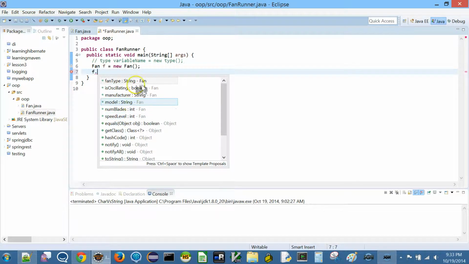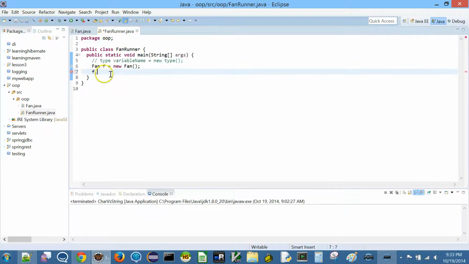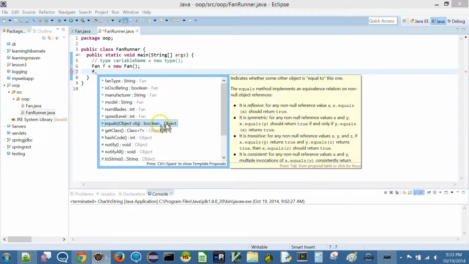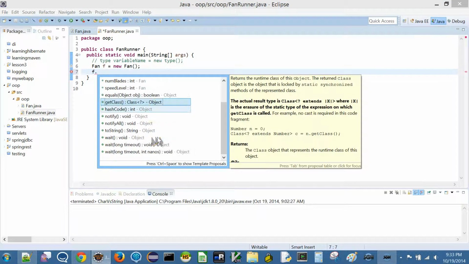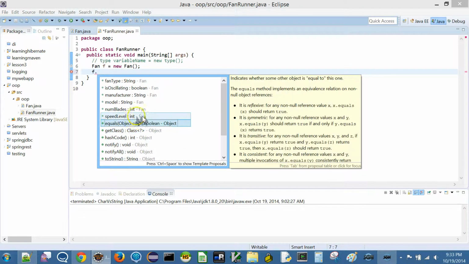These 6 things we have in our class, so it's giving us the fields. Remember here we have 6. Those are coming in here, right? Something else is also showing: equals, getClass, all this is saying is Object, right? We'll revisit this concept. For now, let's just ignore that. We'll come back to this in a subsequent lesson.